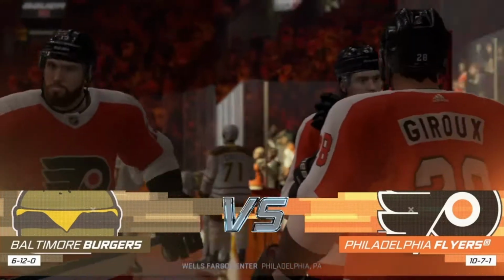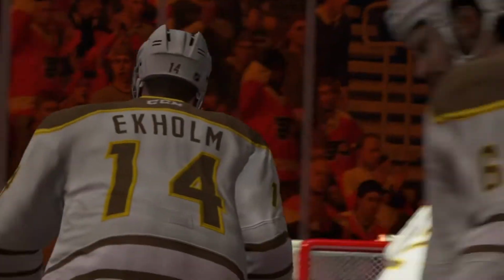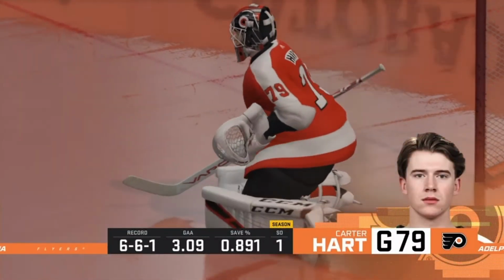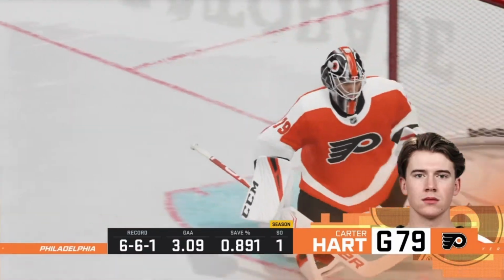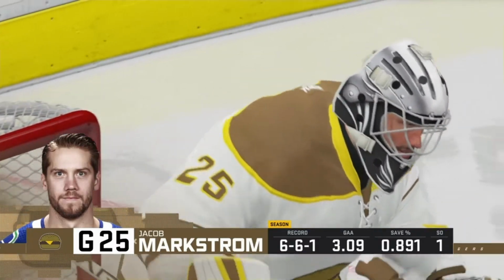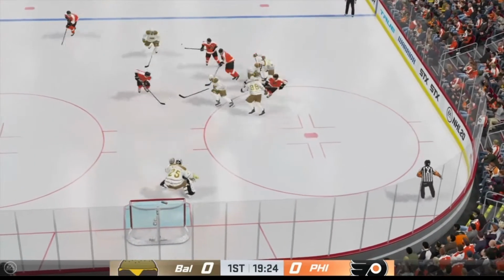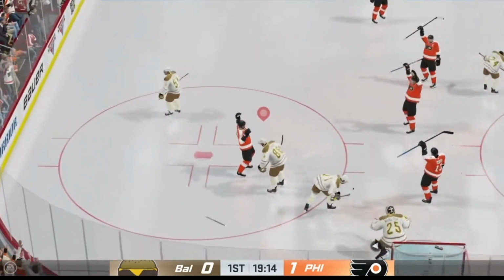against the Philadelphia Flyers. They're coming in at 10-7-1 here at home, and another road game for us here in this episode. Carter Hart, 6-6-1 as a goaltender this year, 3.09 goals against average, so he's been decent. Who else has a 3.09 goals against average and a 6-6-1 record? That would be Jacob Markstrom. I don't know, all these very even goalie matchups so far this season for our Burgers, but there you can see